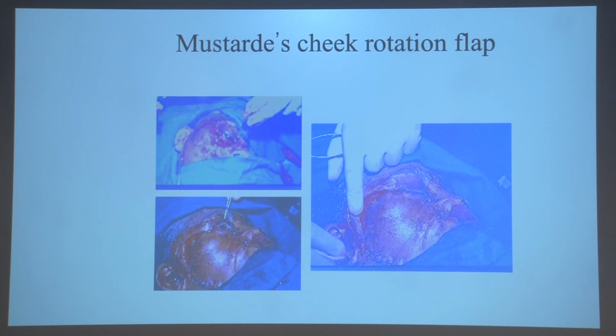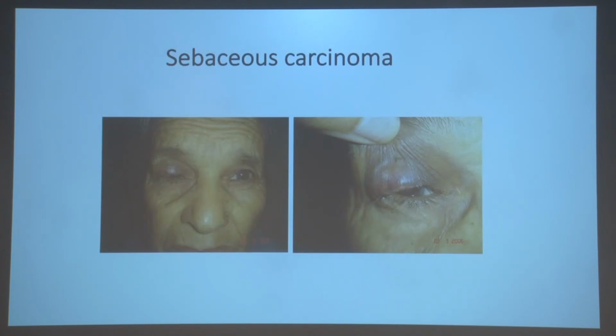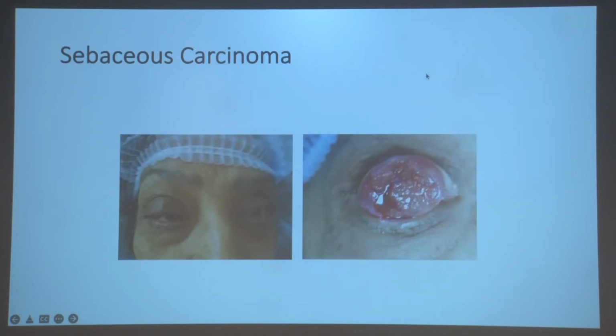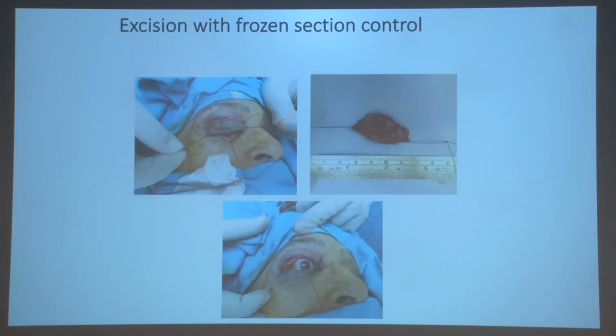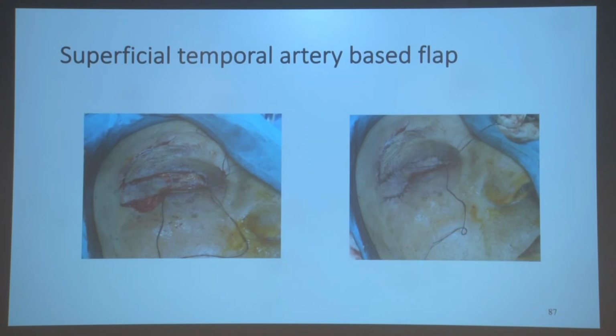So you can get a significant thickness of 4 to 5 millimeter width. Nasal mucocartilage. Mustardé's cheek flap is no longer very popular because of the large scar that you leave behind and the large dissection that you do. Sebaceous carcinoma. This is a superficial temporal artery based flap. Another example of a superficial temporal artery based flap along with the tarsoconjunctival flap where you can